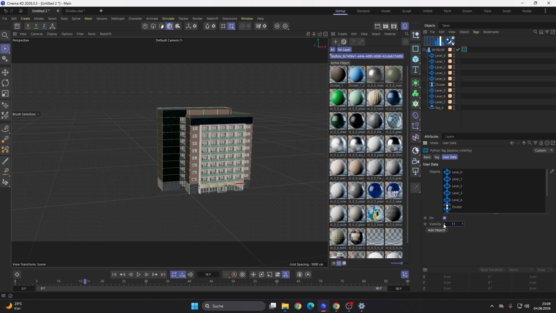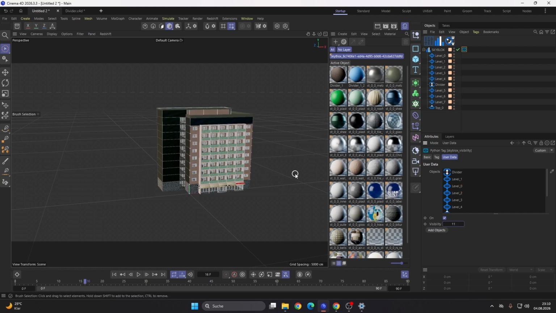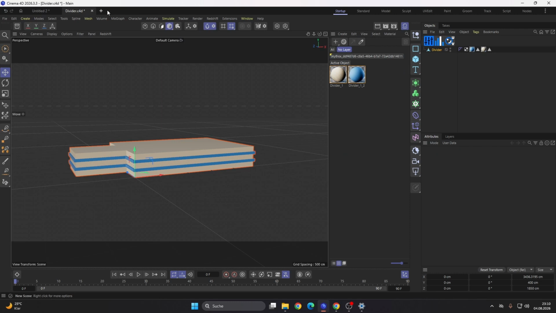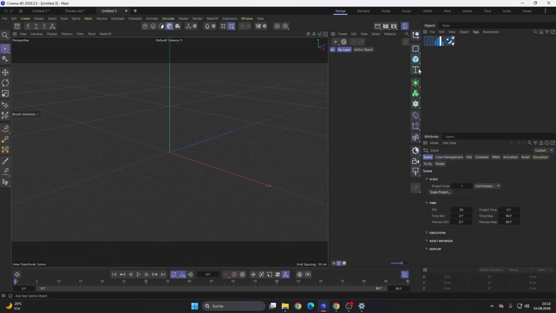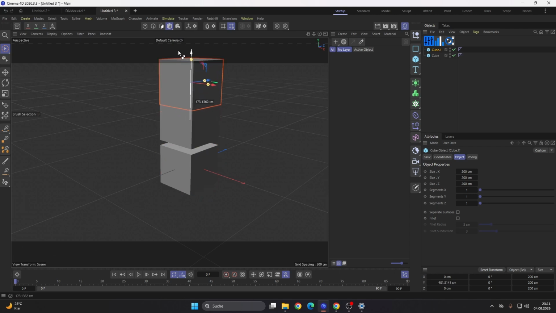This is animatable, so this maybe is a cool feature. You can also change the order, for instance, like this. This looks a bit strange here, but you can change the order. So this is also possible. You can just experiment a bit here. And this is also repurposable. Let's simply copy this tag, go to another scene here and create maybe a chain of cubes, for instance, just like that.